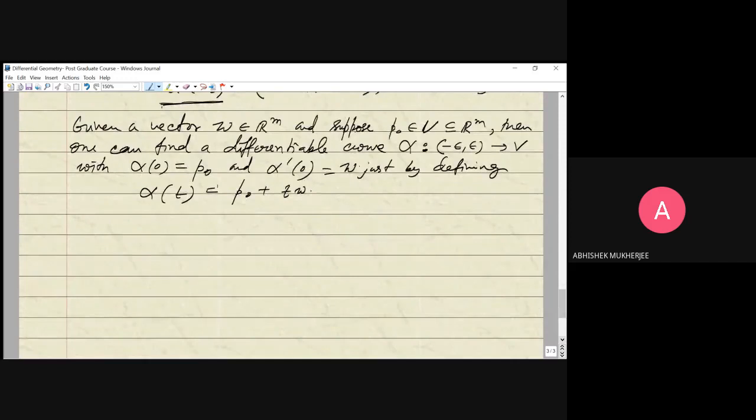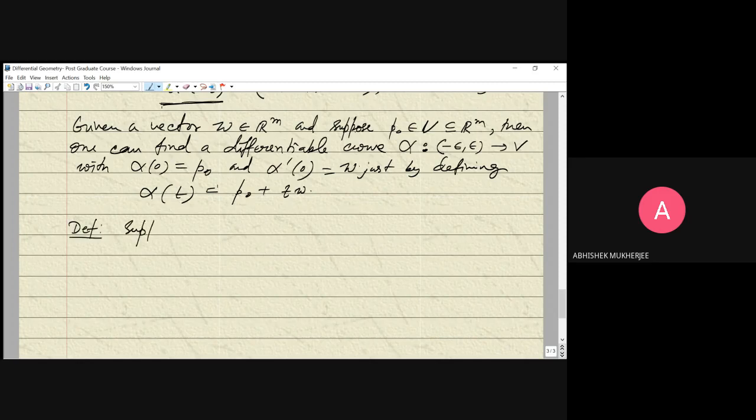Yeah. So that means any vector in Rm can be treated as a tangent vector of some differentiable curve alpha at some point p0 belonging to V. Okay. And in this way, in terms of this observation, you can define,